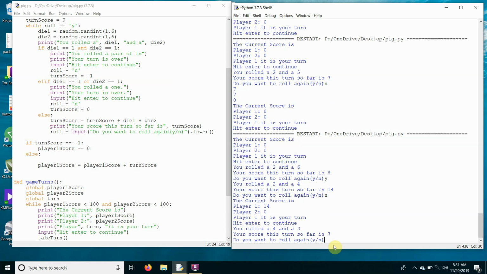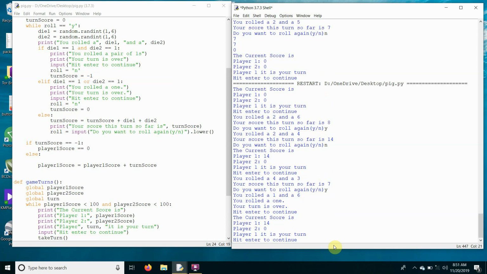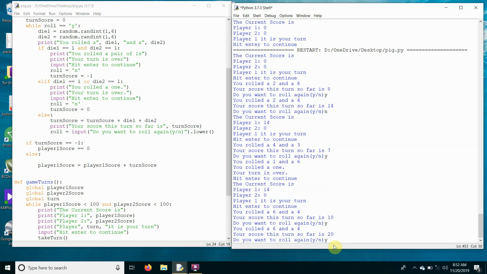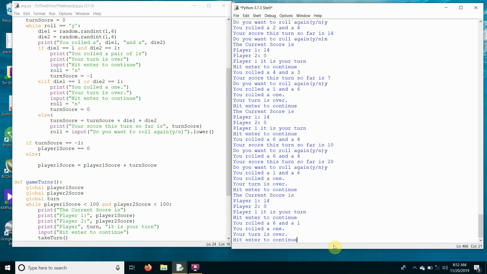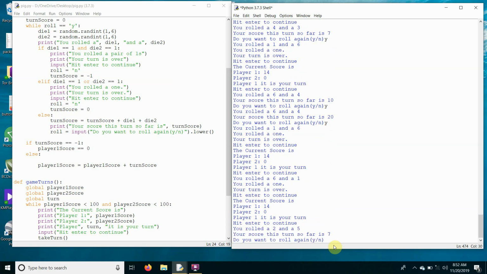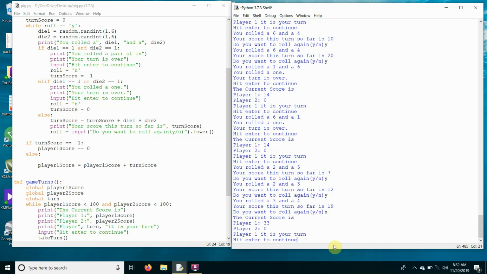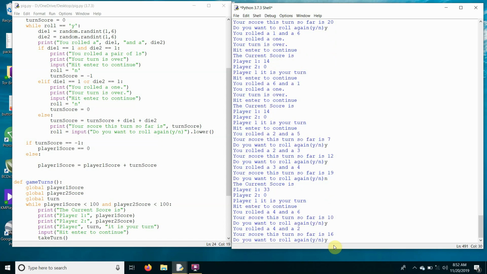Player 1, it's your turn, hit enter to continue. I rolled a 7, I'm going to roll again. Oops, my turn's over. So it's still 14. Enter to continue. Yes, I'm going to roll again. Yes, I'm going to roll again. Enter. So I'm going to play this till I get 100 and just show that it works. Again, yes, no, so now I've got 13, enter, yes,